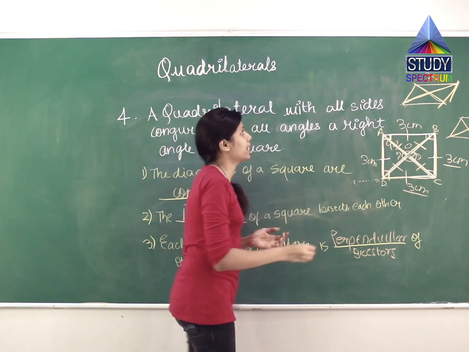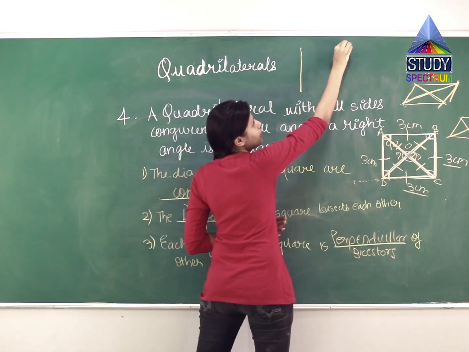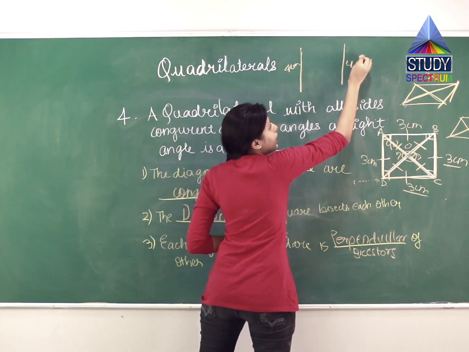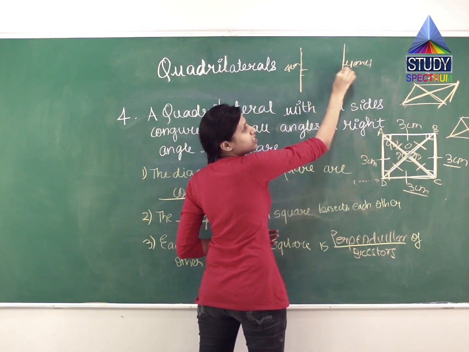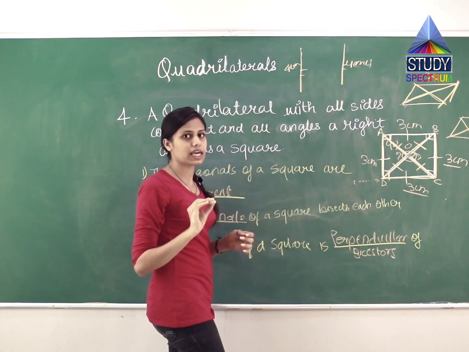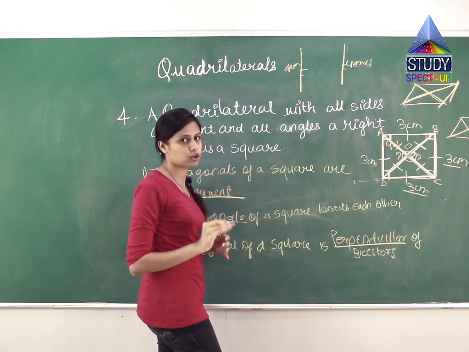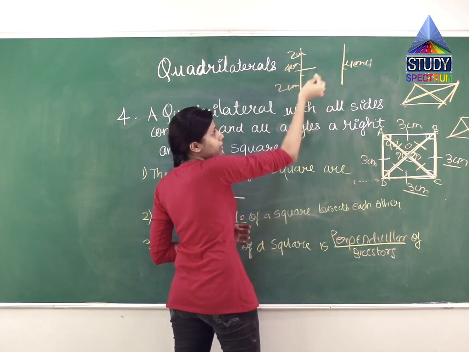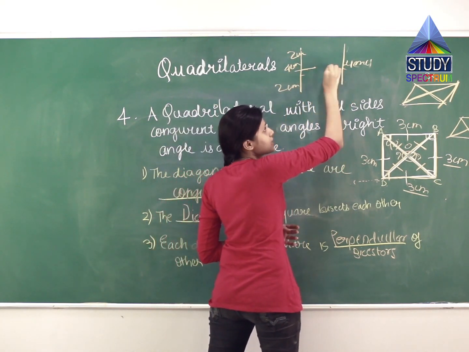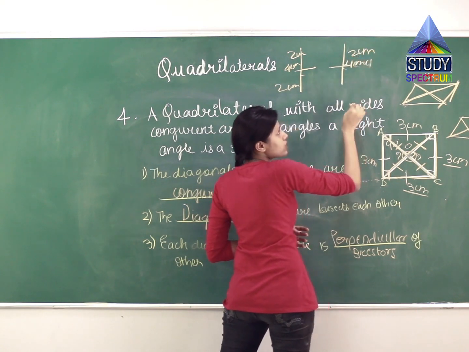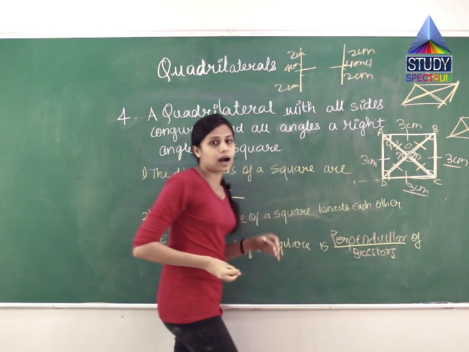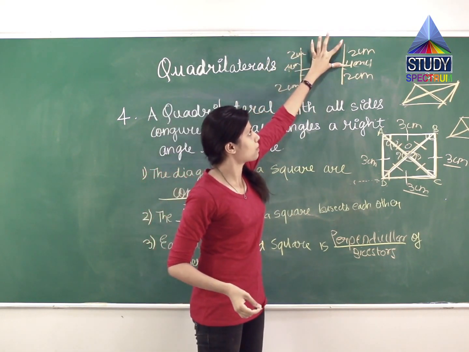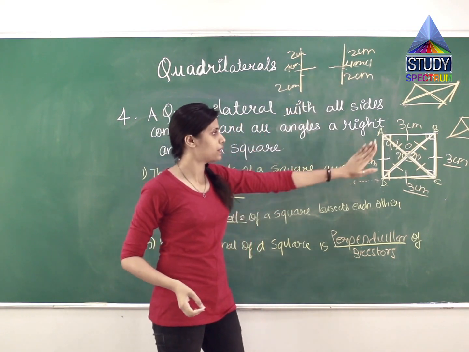If I say there are two lines, one of 4 cm, one of 4 cm, ultimately both are congruent to each other. And when I say divide both the lines into half, this will be 2 cm, this will be 2 cm. And I do the same with this line also, so this upper part will be 2 cm, and this will also be 2 cm. Ultimately, this part is equal to this part, and this part is equal to this part. The same happens with this also.